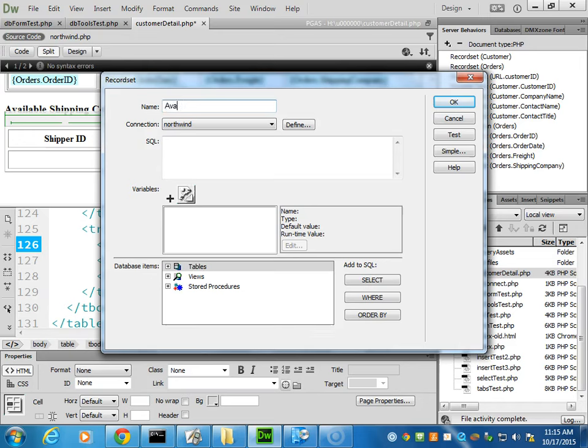And we're going to call this record set available shippers. The name of the record set doesn't have to match the name of a table. It can describe whatever you want. Okay, so since we have our PHP code for accessing our variable in the copy buffer,